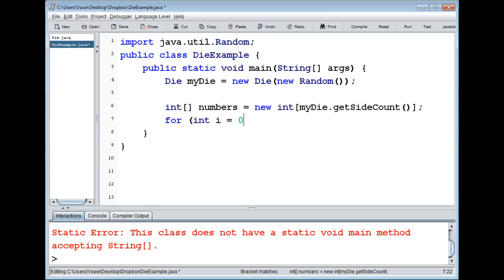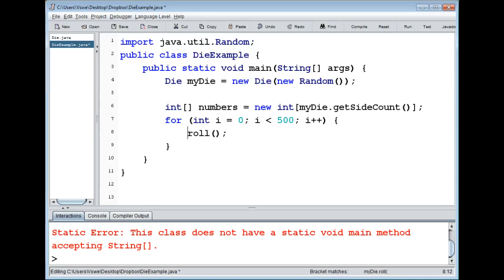Okay, then it's about, well, let's loop like 500 times, so we want to roll the die 500 times. Well, you can change that, of course. That's just what we're going to use here. And the first thing you need to do each time is to roll the die, obviously. You need to roll it, and then we can check what number it ended up with. So first of all, we just call the method there, so we do my die dot roll, because roll is our method, and